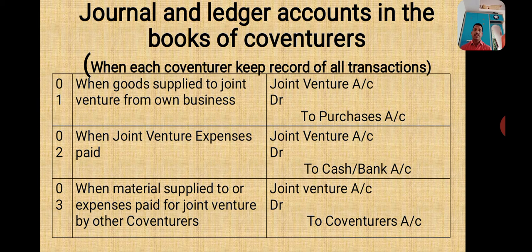goods, they come into our business. But when we supply the goods to the joint venture, the goods go out of our business. So the purchase account should be credited so as to reduce the purchases. And then, second,